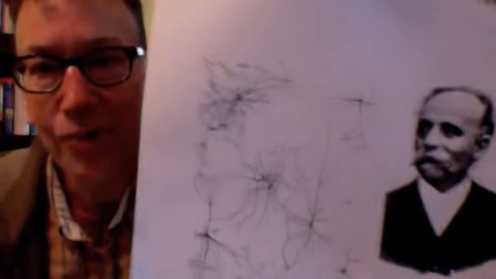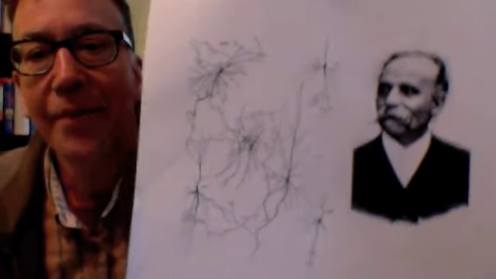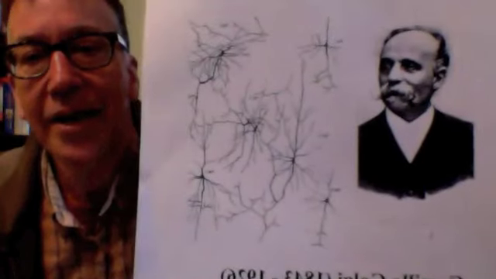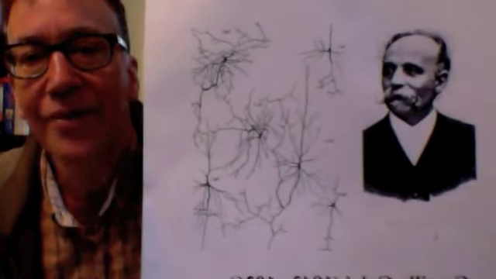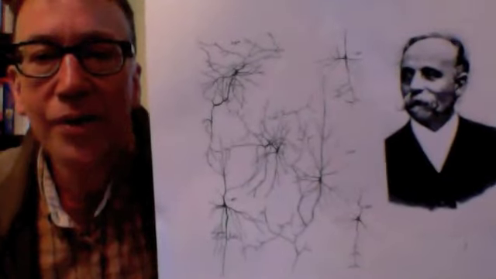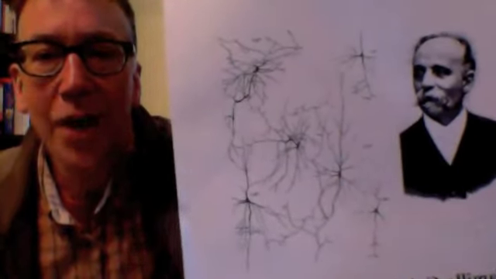I'm sorry, the light drops dramatically whenever I do this. But this basically shows you what looks like a massive interconnected network of wires with little swellings in some locations that represent the cell bodies. And Golgi himself actually thought that this literally did represent massive interconnected wires, and that the cell doctrine, which states that tissues are